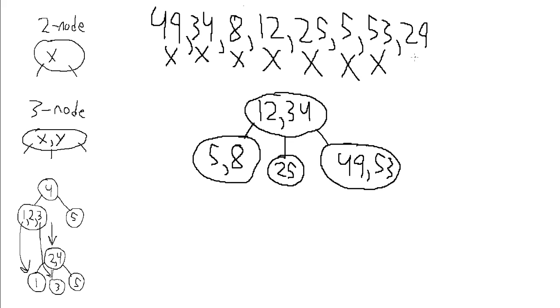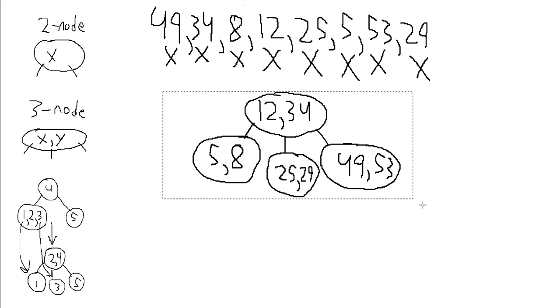Next, we have a 29. The 29 is less than 34, but greater than 12. And so it's going to take the path that has not been taken yet, and it's going to go right down the middle. It's going to join in with this 25, and it's going to give us our last 3 node, which is 25, 29. So we can see that this 2-3 tree that we end up with